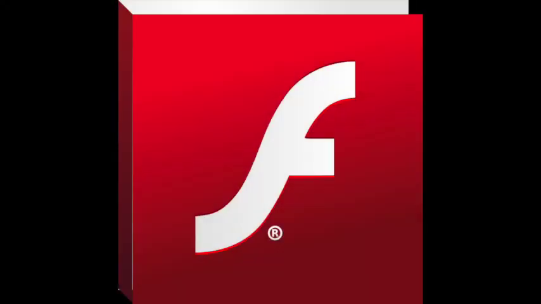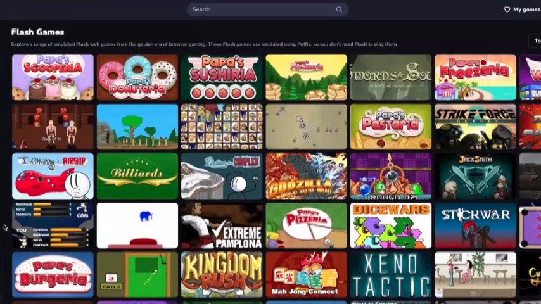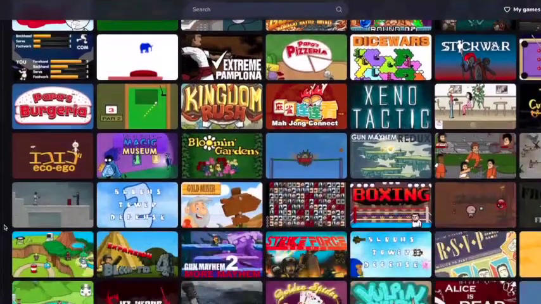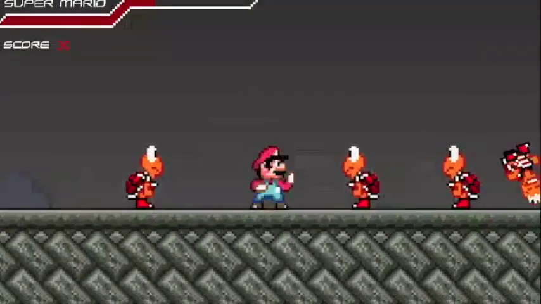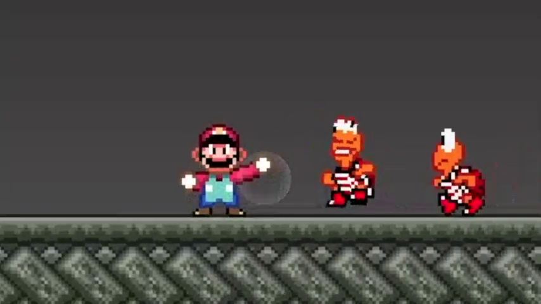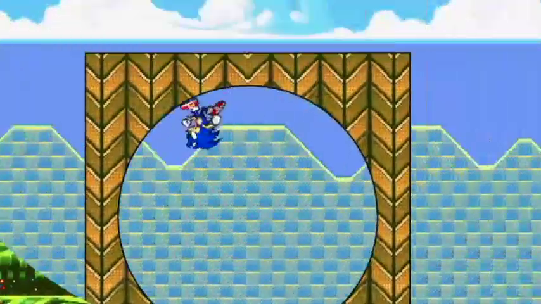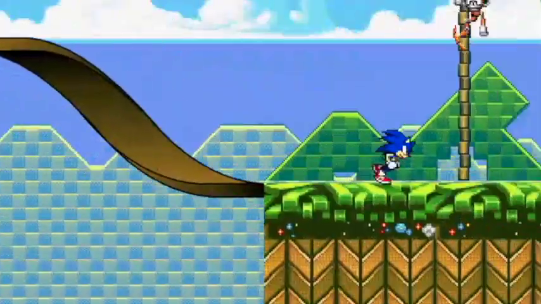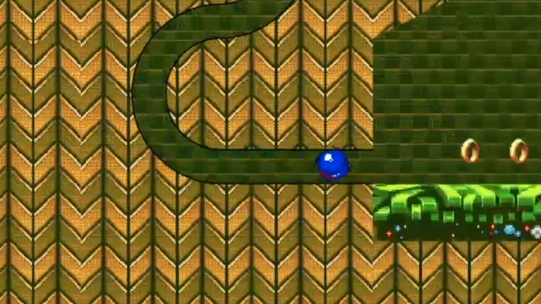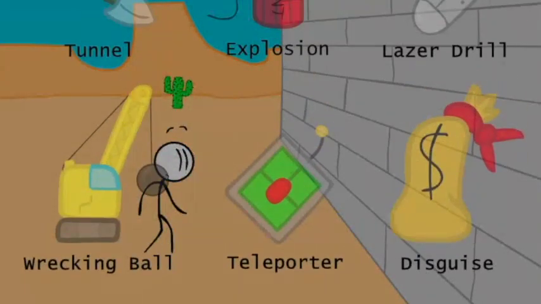Adobe Flash. When these two words pop up in your mind, what do you think about? Maybe the gigantic library of Flash games that were so nostalgic to you growing up? Or maybe it was that Mario Combat game where you got to punch Koopa Troopas just for fun. Or maybe it was that Ultimate Flash Sonic game where you got to play as your favorite Sonic characters in a Sonic Advance-esque level. Or maybe it was those old Henry Stickmin games from the Stick Page website.